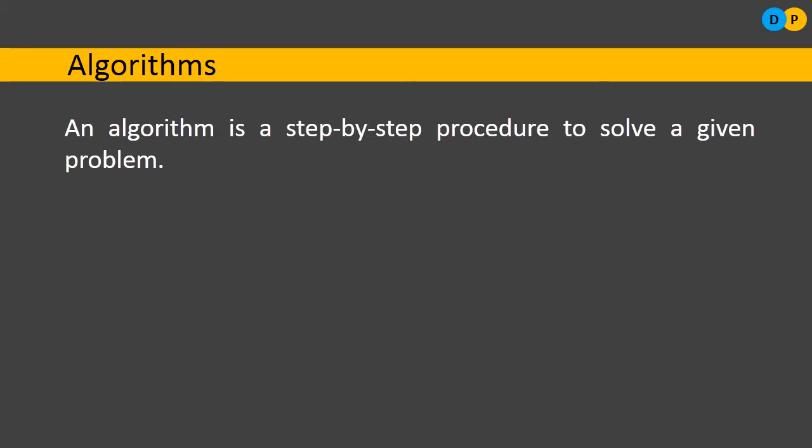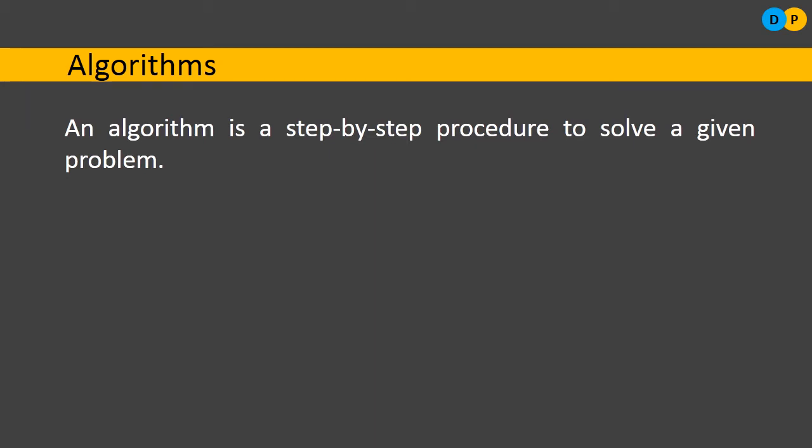Why do we have to represent this in a step-by-step procedure? The reason is, if you represent the solution in a step-by-step sequence of procedures, then it will be easy for us to convert these algorithms or step-by-step instructions into a respective program using any programming language. And not only that, if the solution is represented in terms of a sequence of steps, then it will be easy for a person to understand. That's why algorithm has paramount importance in the field of programming.